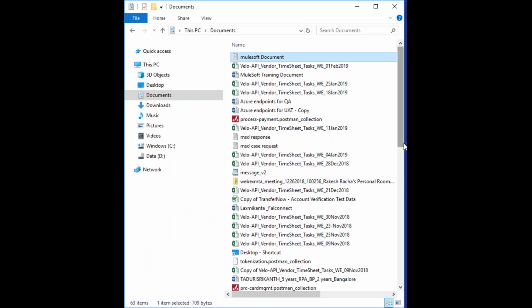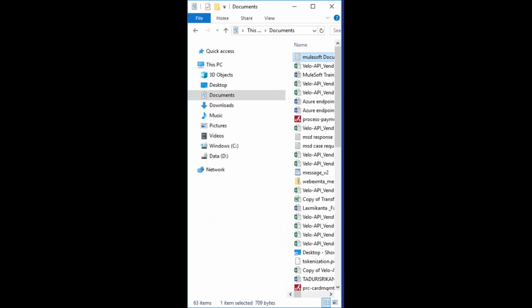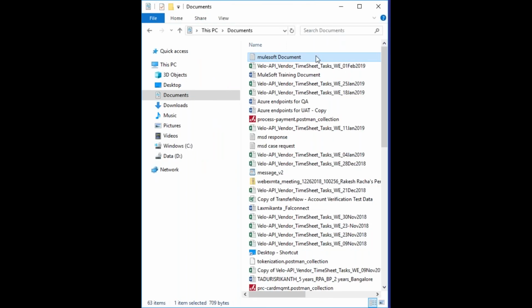You can see this document, right? I think so. One second, it's giving a problem. What happened, Rakesh? No, man, the shared window is having a problem.